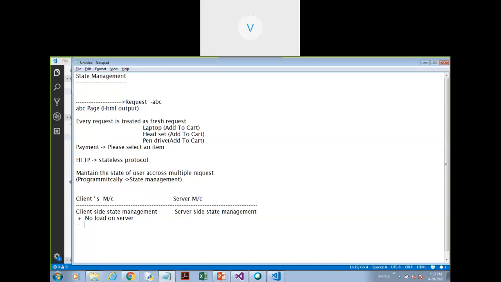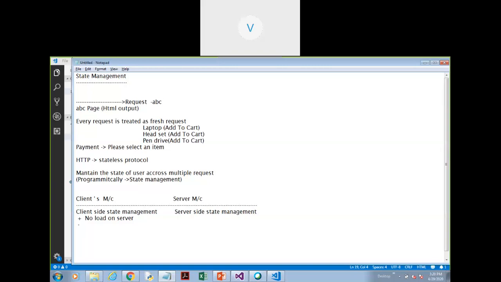In this technique, when you next time come back, means if Karan is coming back, he should come back with the same piece of information. So when I read the piece of information, I can understand, okay, Karan had selected a laptop and now he is selecting a headset. So on the same piece of paper, I will say, okay, laptop you already have, now I am adding headset. And again, I will give the piece of paper to you. So when you come back to me, again you come back with the same piece of information where I have laptop, where I have headset, on top of it it is written current, and now I am writing pen drive and give the paper back to you. So can you imagine the amount of data that is traveling between the client and the server?